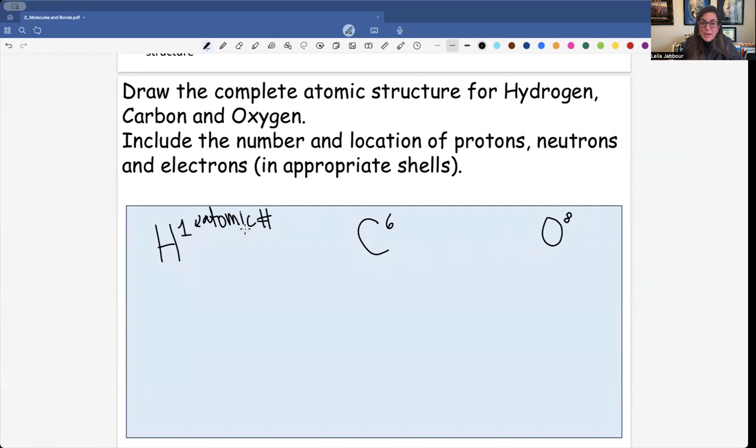Atomic number, I'm reminding you, is the number of protons, and we can infer that this is also the number of electrons, only because atoms are overall electrically neutral. If we have so many plus charges in the nucleus, then we're going to have the equivalent of negative charges gravitating around the nucleus. Okay, so if we have 1 electron,